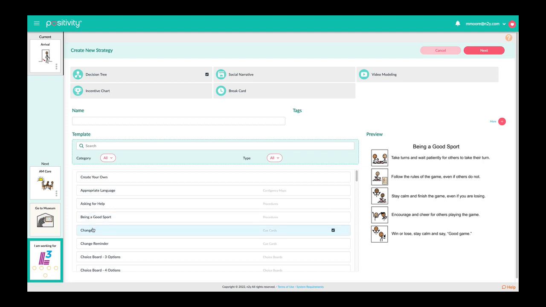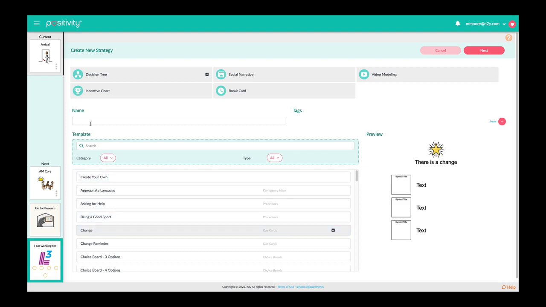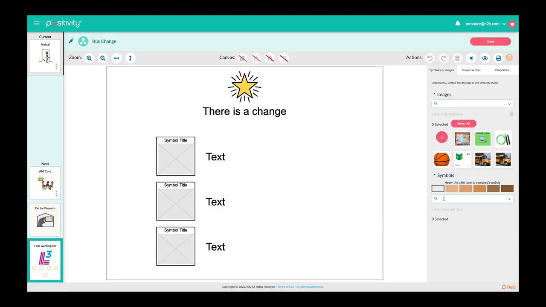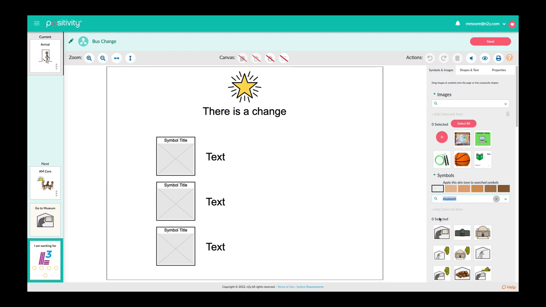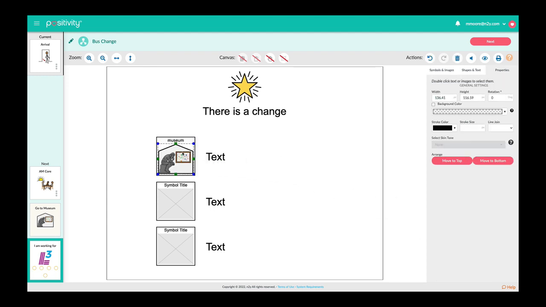Remember that positivity has over 100 different pre-made strategies and strategy templates that you can use to support your students in a wide variety of situations. All pre-made strategies can be used as is, or you can further customize them as needed based on your classroom